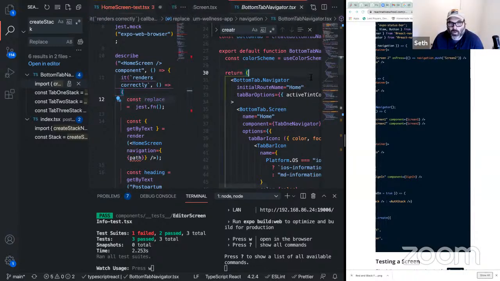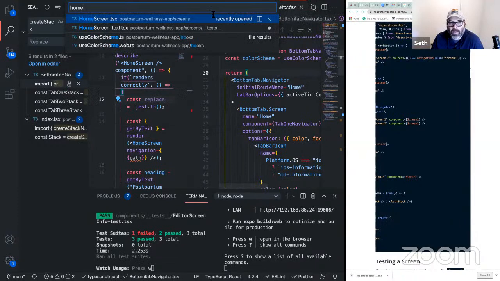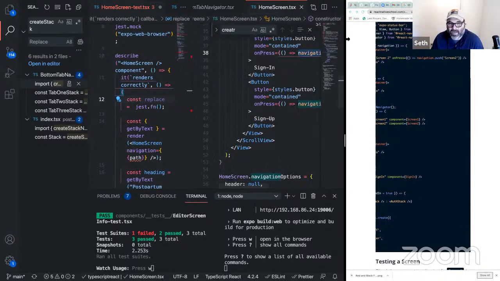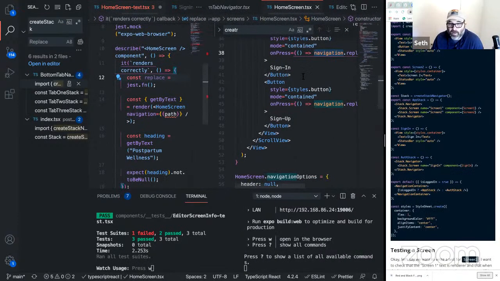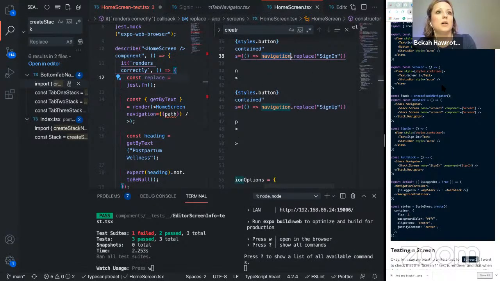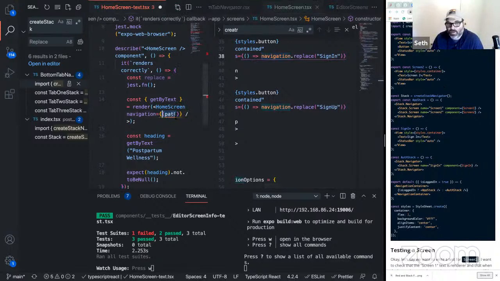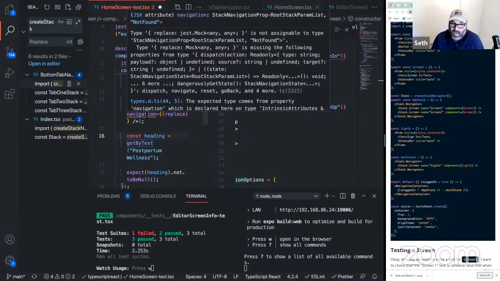In the actual component, it's navigation dot replace, right there on 45 and 30. So that's just a routing thing. There's a difference between replace and push, I'm assuming. So it doesn't matter on the left side.